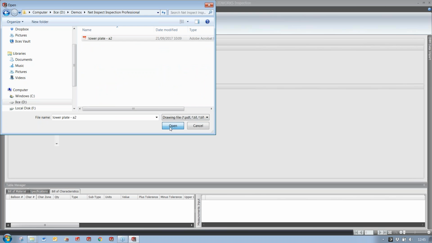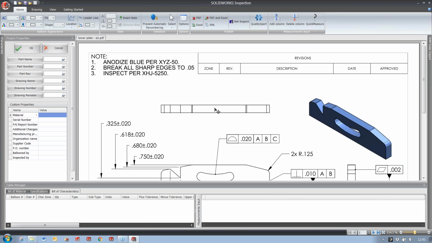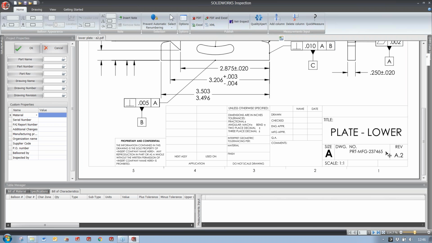So this is a PDF, as you can see. Opening that up, and Inspection Professional can also capture information from our PDF directly. In this case, what we have is part name, part number, part revision, all of that sort of thing. So if any of the information is actually within the title block, okay, then we can go through and capture